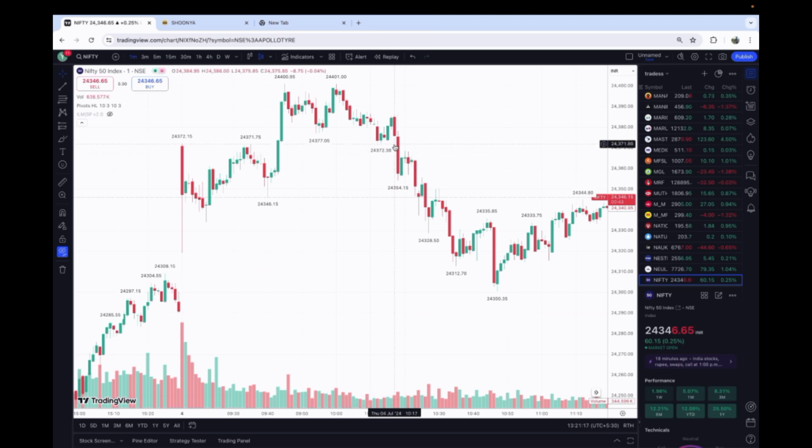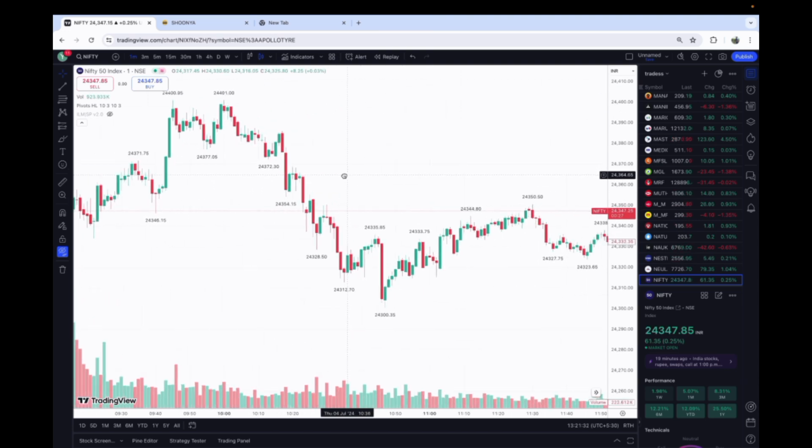At 10:13 the pivot low was formed, and at 10:18 you can see the pivot low was broken, so I entered the trade in this particular candle with 25 quantities. And later on another